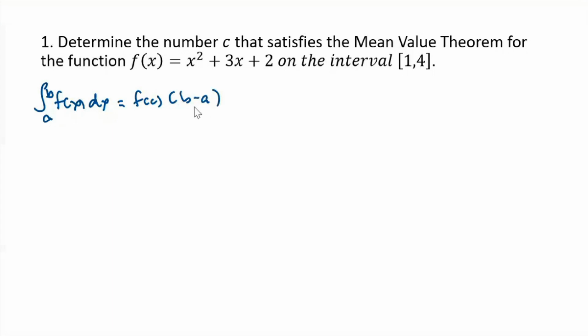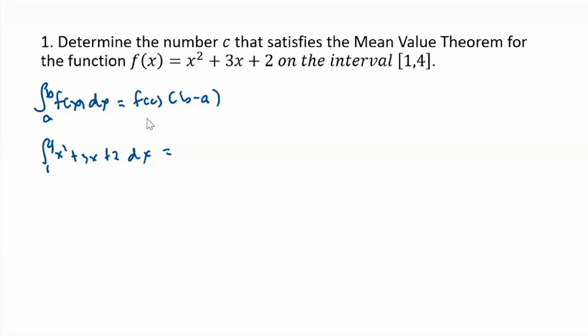By substitution, the f(x) is from the given, so I will just write x squared plus 3x plus 2. Don't forget to write dx. And then evaluated from 1 to 4 is equal to